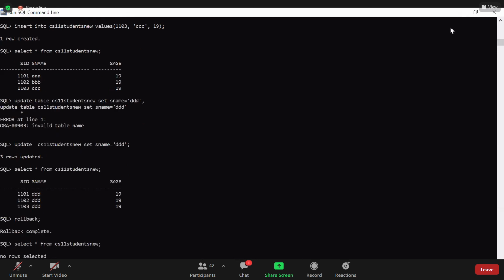It will completely roll back all the work on the table. The structure will remain the same, but whatever operations we have done will get deleted. So again we'll insert.